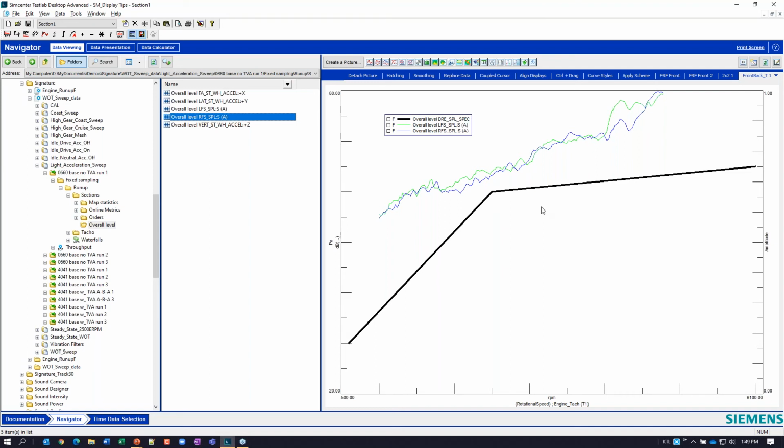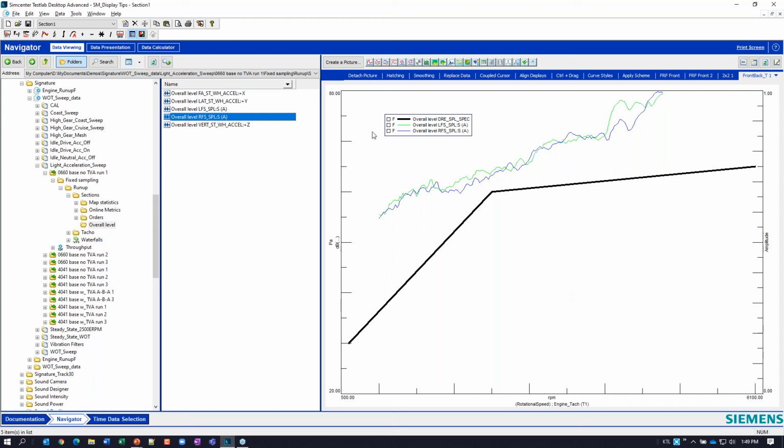While I was taking data, I could actually use this display and see these overall levels populate while the data is being acquired in Signature Acquisition. So this plot with my target line in it could be very useful, and I can use it all over the place if I really wanted to.